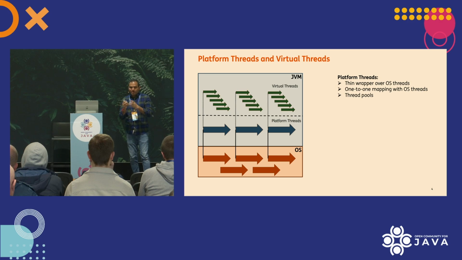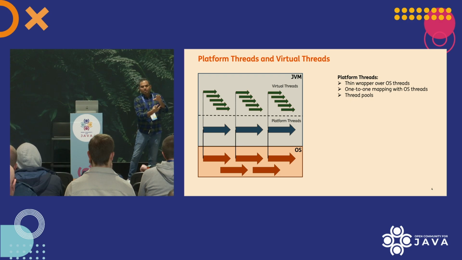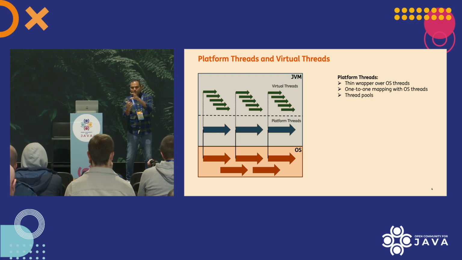Also, creating a platform thread is a resource-intensive task. When you are done with a platform thread, you don't throw it away, because creating them often is going to put a lot of load on your system. You put it in a pool. And therefore, thread pools are essential when it comes to platform threads. When you're done with the thread, you put it in a pool. Next time when you need it, you get it from the pool. That's how you use platform threads.